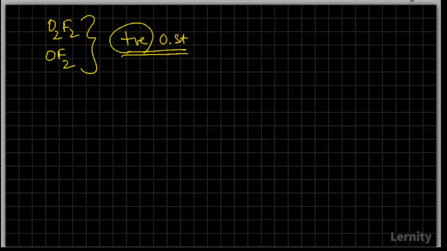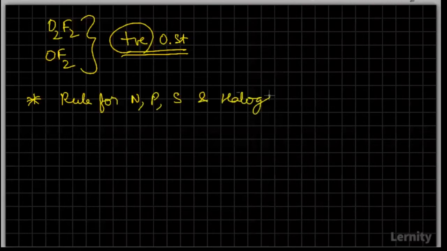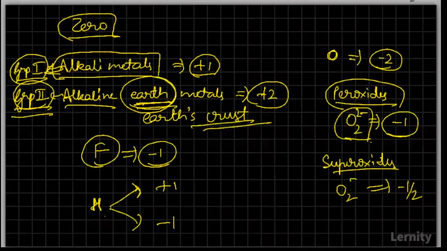Okay, so the next rule that we have to continue with is the rule for nitrogen, phosphorus, sulfur and halogens. In any of these elements, if they are present in a binary compound along with hydrogen... the previous slide, just try to make it a little fast. These were just the things we already covered in the last class. And today's questioning everything just depends on what you have really understood in the last class and today's class.